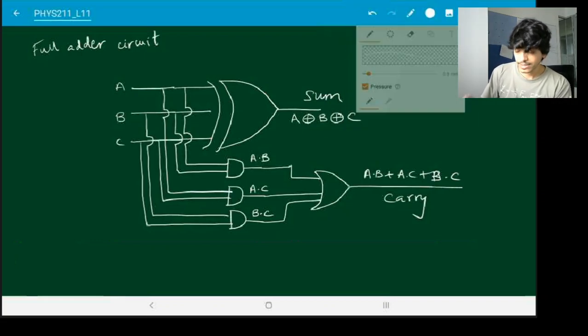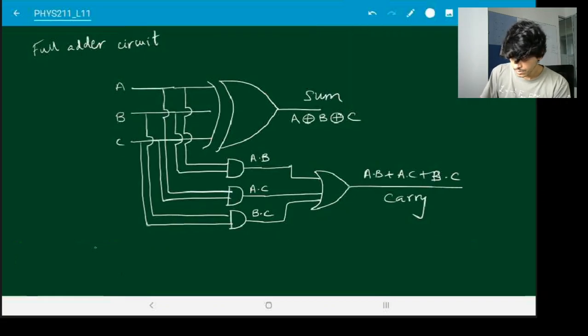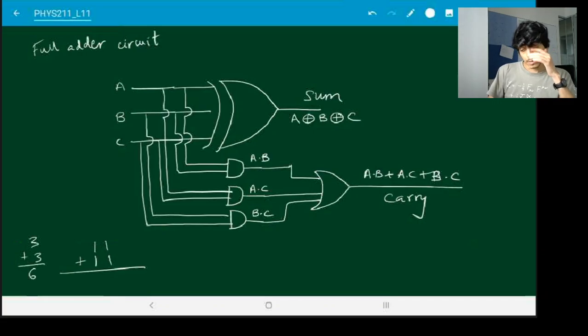So suppose I want to add, let's take a simple example. Suppose I want to add 1, 1 plus 1, 1. So basically 3 plus 3. And I know that in the end my answer has to be 6. So in Boolean, this is going to be 1 plus 1 gives you 1, 0. And now I have 1 plus 1 plus 1, which should give me 1, 1. So 1, 1, 0. So how will I do this? So I will send an A. So these will all go as pulses over here. So whenever there is a 1, you will get a high pulse. This is not a good example.